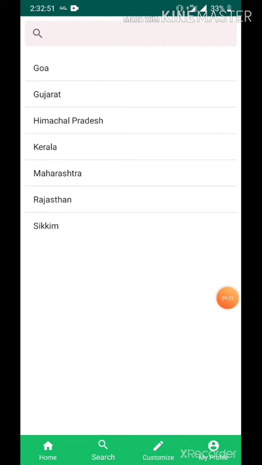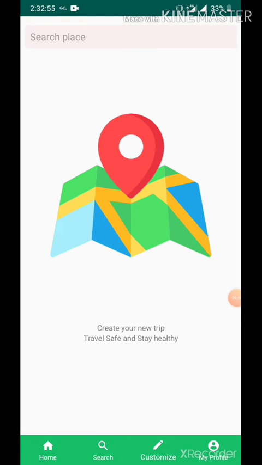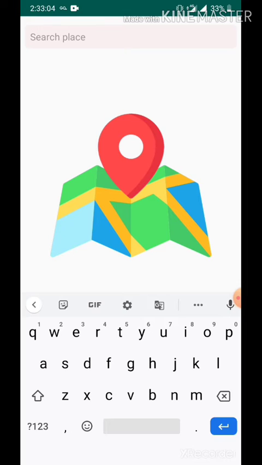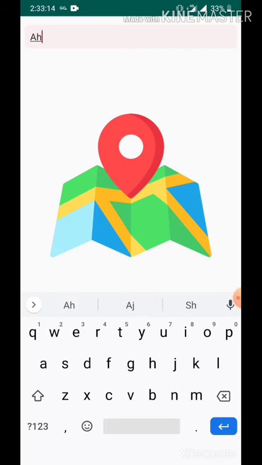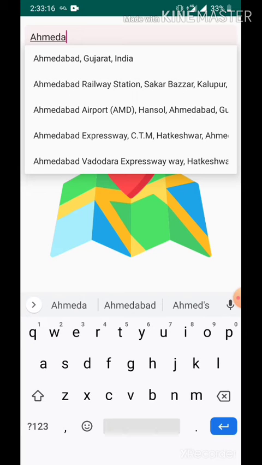So you can see a third tab here in the bottom navigation bar, customize. Click on it. We have also developed a feature of customizing the itinerary. So if a user wants to create his own itinerary, he can create it here. This has been implemented using Google Places API. All the data of places and itineraries have been fetched from the Google Places API. This is the autocomplete search view in which I am typing. Suppose I type Ahmedabad, it will suggest it.